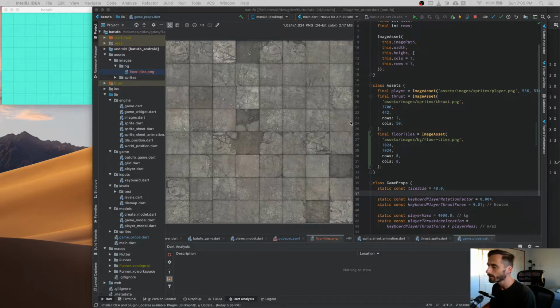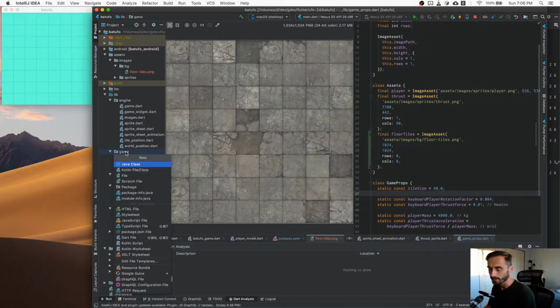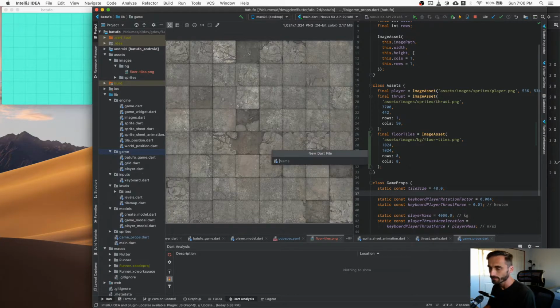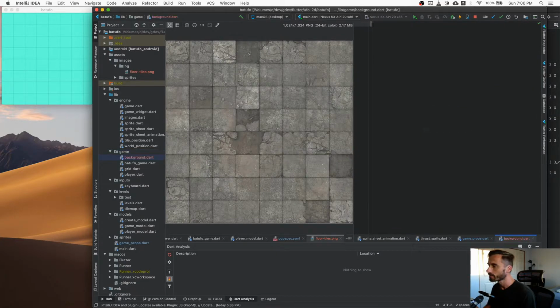Right. So first of all, we will call this background. This is definitely a game part. It is not going to be anything that's active. It's not going to have a controller, because once we draw the background, we just have to make sure we render it, and that's it. There's not going to be a controller in there, but we'll still put it in our game, and so we call it background, right? And so in our class background,